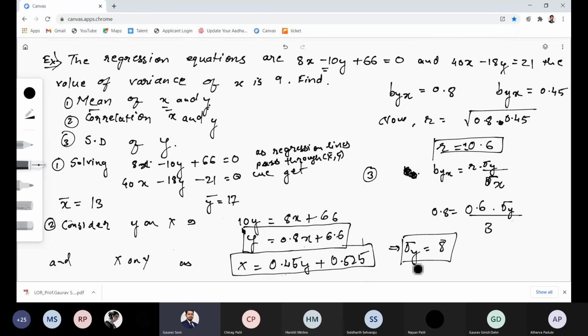Chirag, you have got the same thing, 0.6? Yes, sir. Reciprocal will work, but for the third question again there is a problem. In the third one you are using byx, right? Yes, sir. So from the starting only you take care that the coefficient becomes less than 1. Yes, sir. Okay.